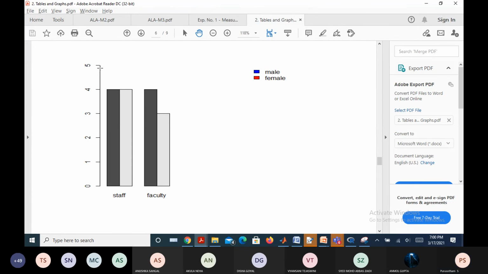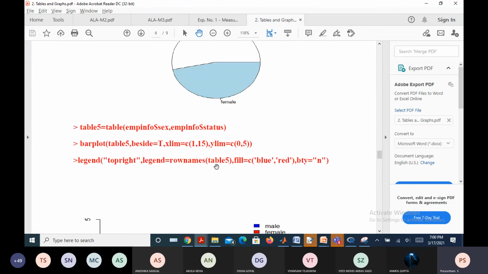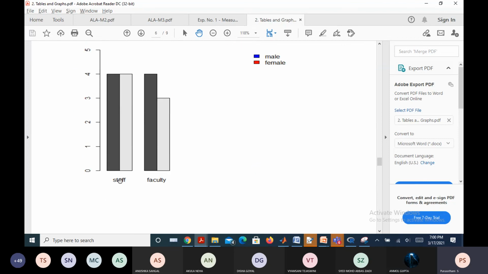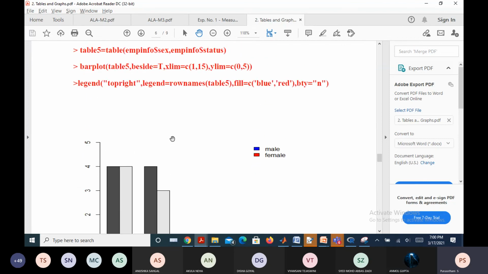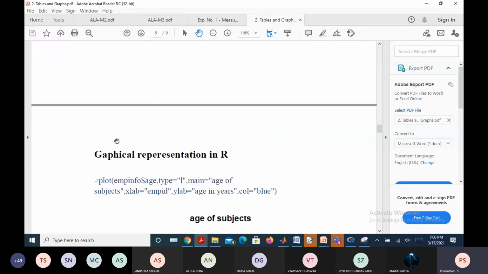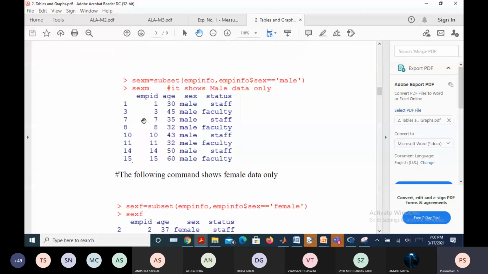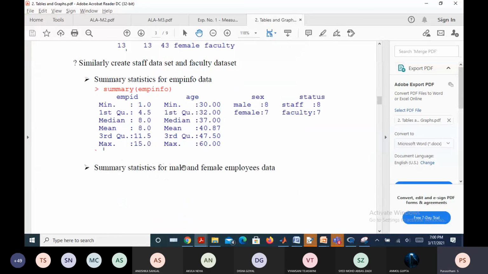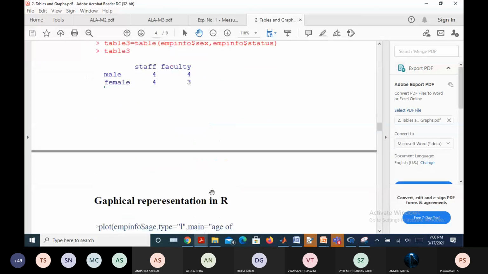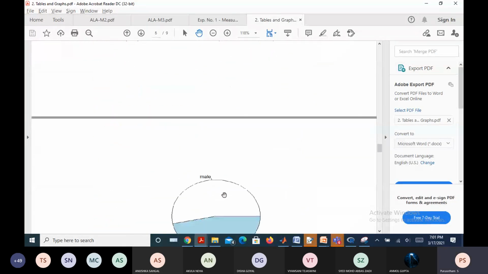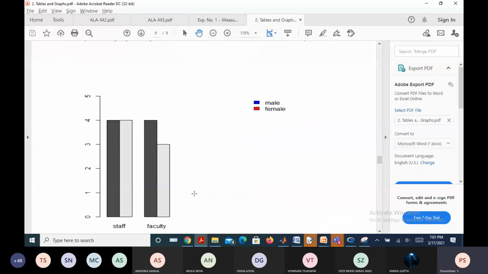So that is the y limits, 0 to 5. For x limits they have taken something like 1 to 15, depending on the number of data points. 15 data points are there now.